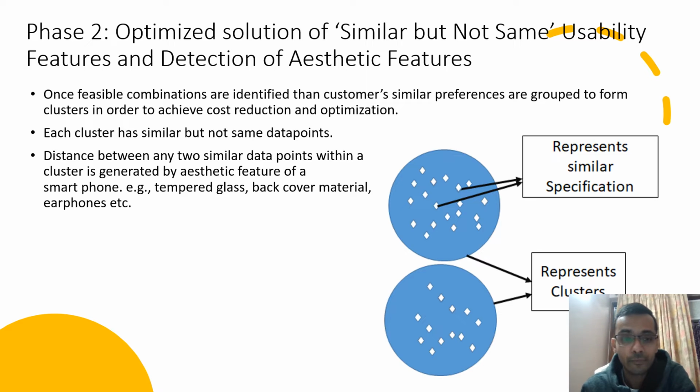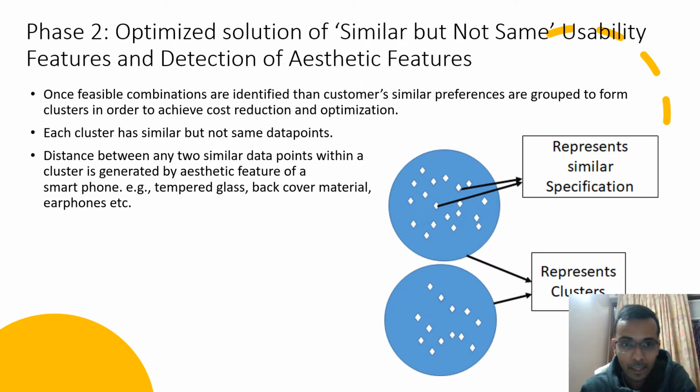Now the base of phase two is clustering. Clustering is the task of grouping a set of objects in such a way that objects in the same group are more similar to each other than those in other groups. So again it talks about similar but not same. After the exercise in phase one, when we have the feasible combinations identified, the customers' similar preferences are grouped to form the clusters in order to achieve cost reduction and